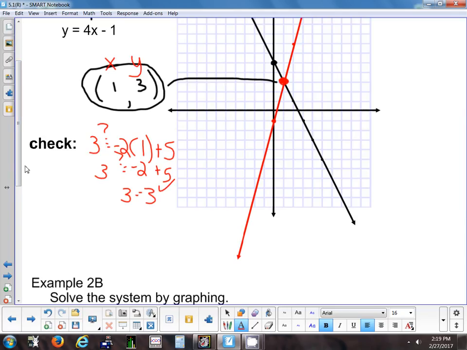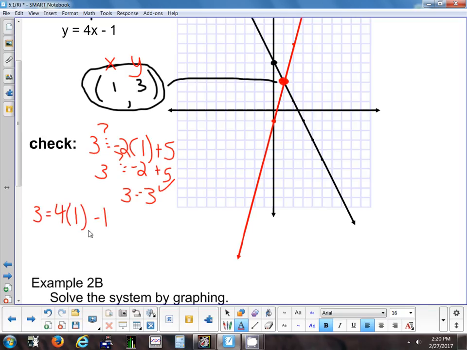We've already showed you guys in the previous examples how to plug it in. I just did it here, plugging it in. Someone tell me, by raising their hand, how would I set up this equation, but now I want to plug stuff in? What would that look like? Can someone tell me? Nini? 3 equals 4 times 1 minus